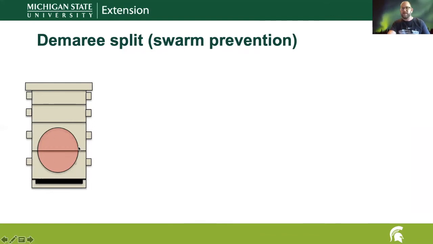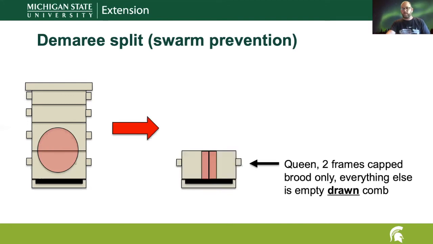And so we were in the situation like the picture. We have swarm cells. We're getting ready to swarm at any point, and so we need to do something now. What you do is you go through the box and you find the queen, and you take the queen and